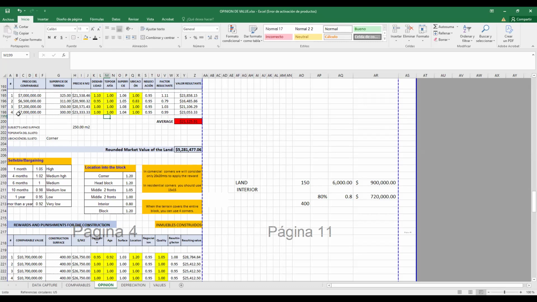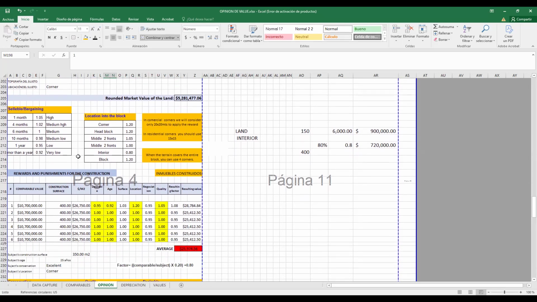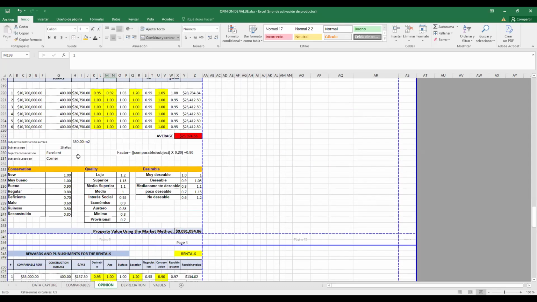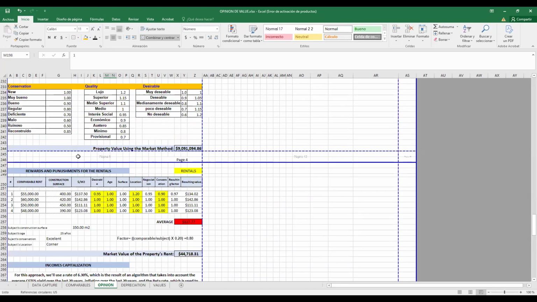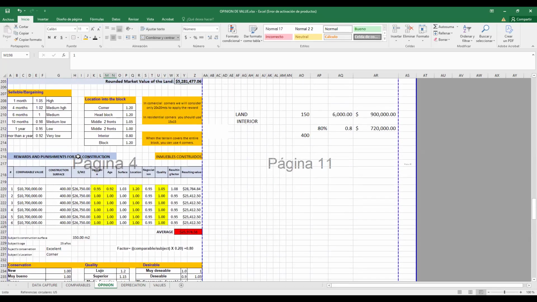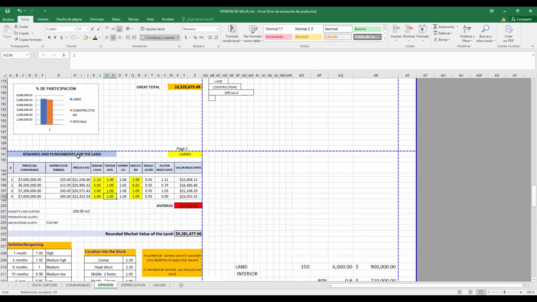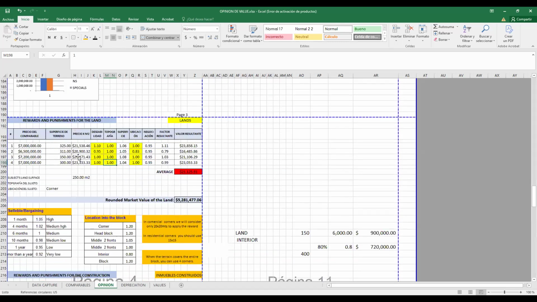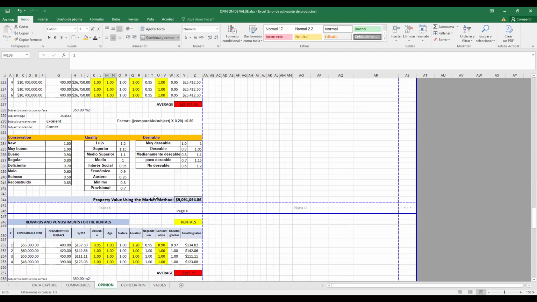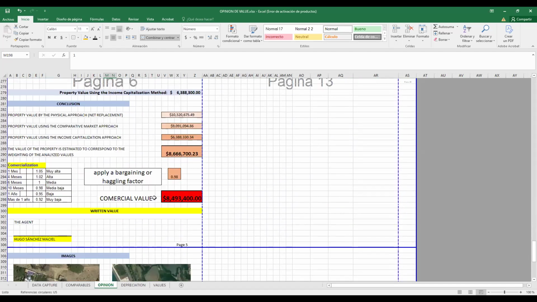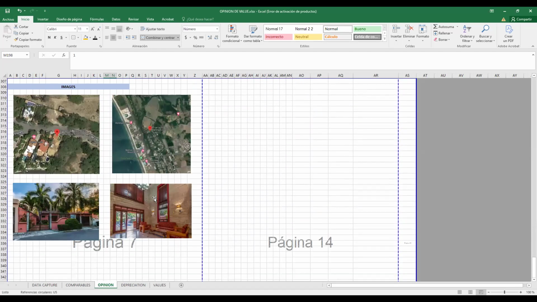At least the comparable has topography with... where is the topography? Location, sellable location in the block, conservation quality and desirable commercialization.